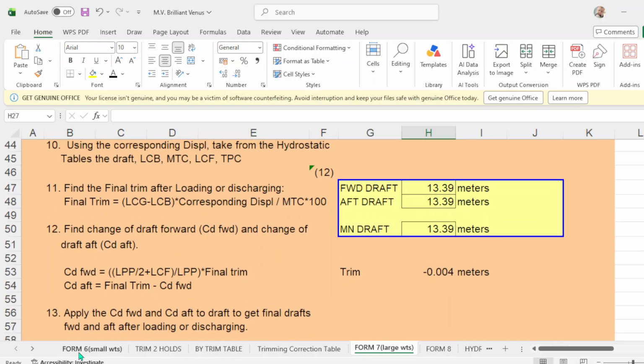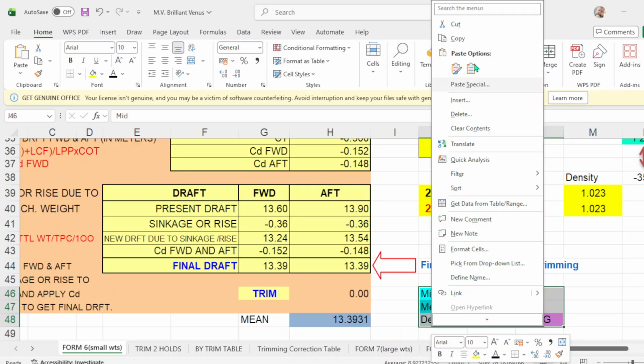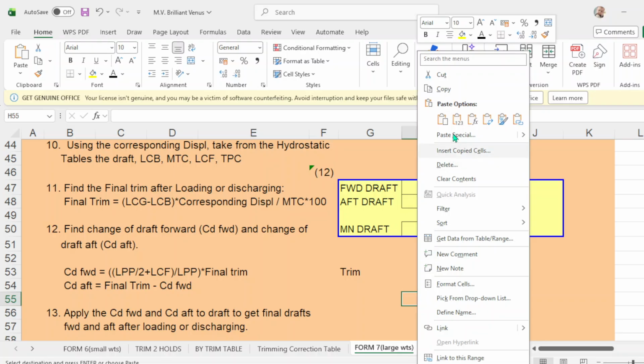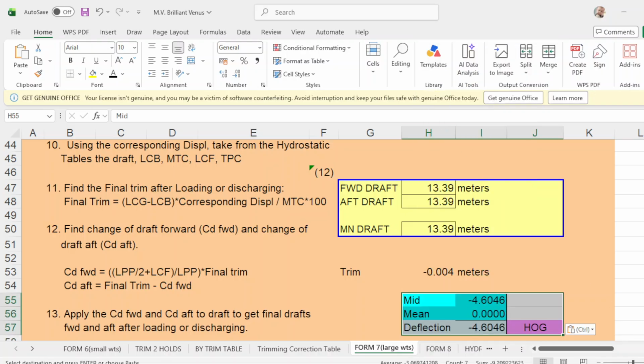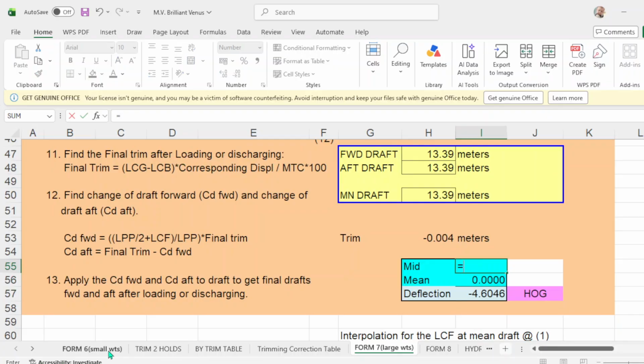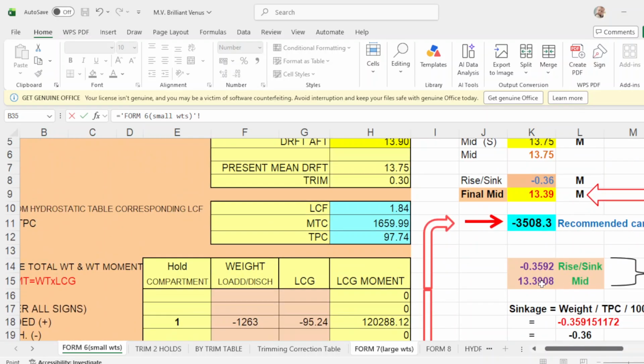Put the deflection here. Copy. Put your deflection. I will put it here. Paste. Okay. So your mid, put here equals. Go to form 6. Go up and click this one.